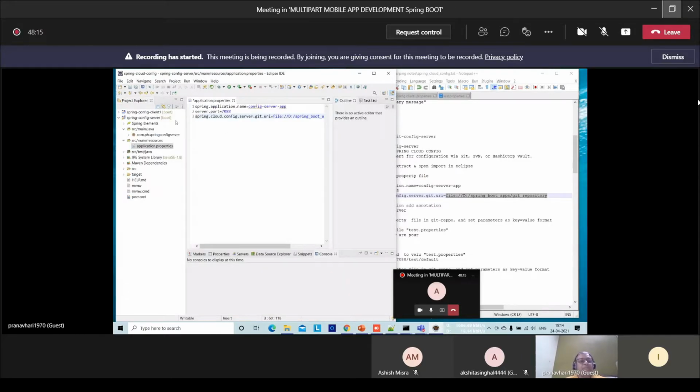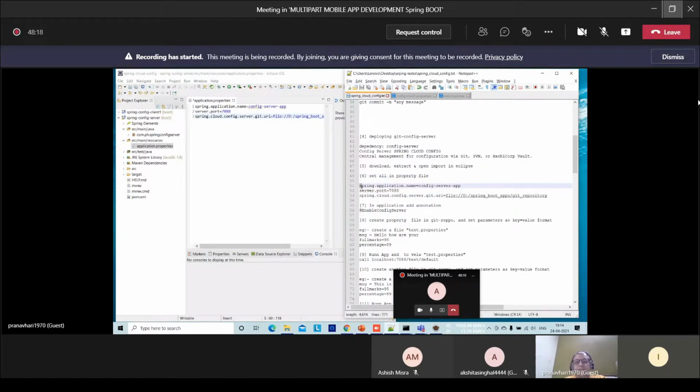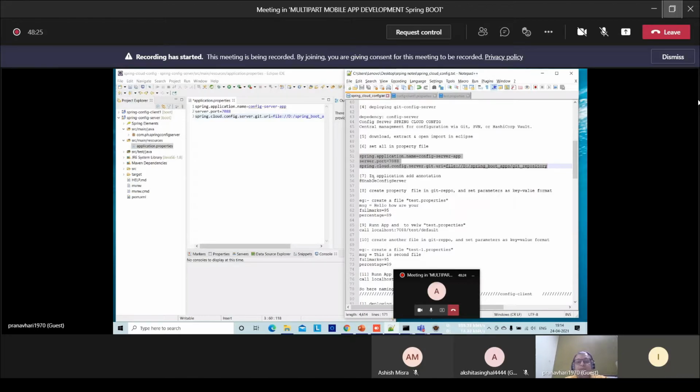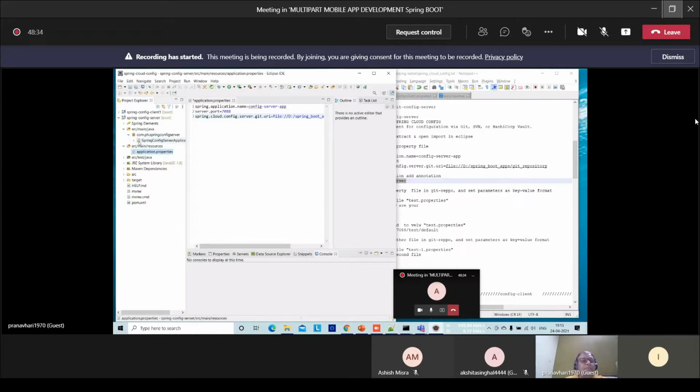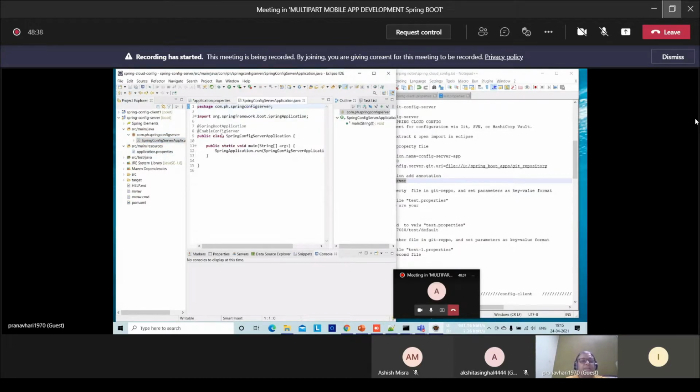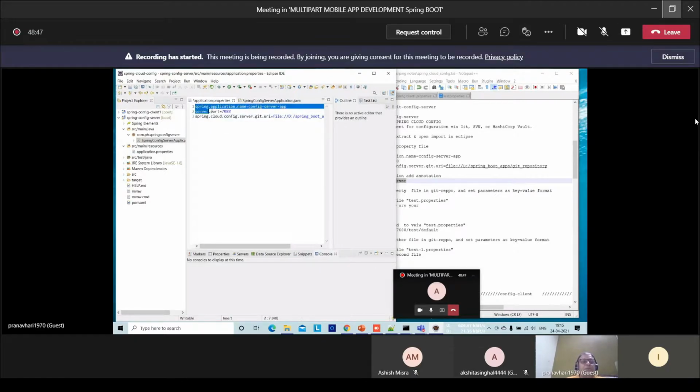Okay, so this is the properties file. First you have to do the configurations. That is step number 6. Now, in step 7, you have to enable the config server. So in the application file, you have to go and put this annotation here. That's all. So we did two things. In the properties file we made this entry; these two entries we were always making, and this is the new entry which I did. The location of our repository file is mentioned here. Now I am closing that